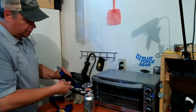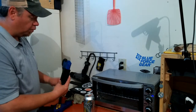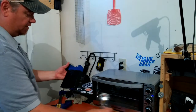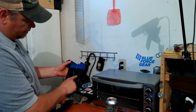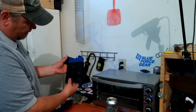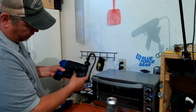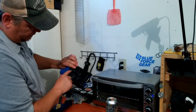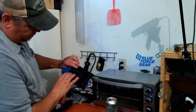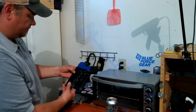Okay. Actually, that looks really, really good. Way better than I was even expecting. I think it looks really, really good. So we got good definition out of it. You can see I didn't get the definition on my screw holes that I was hoping for. I don't even see them on that side. I do see them a little bit on my belt loop section here, but I just barely